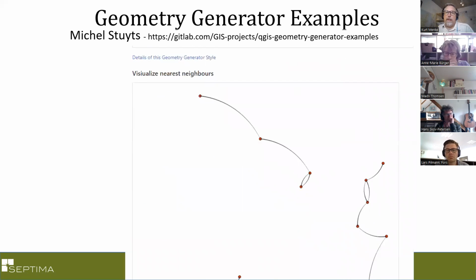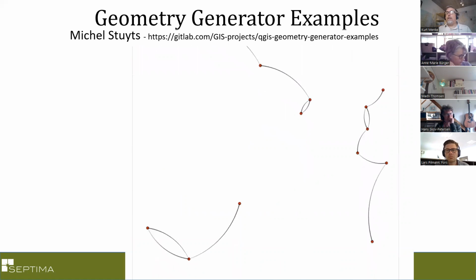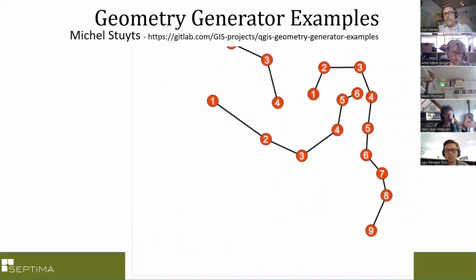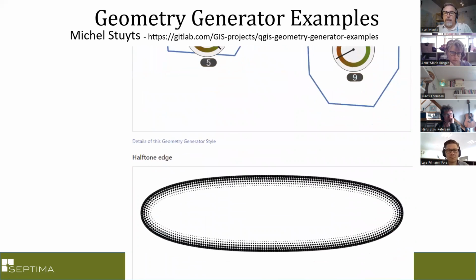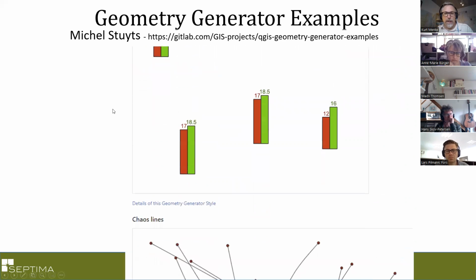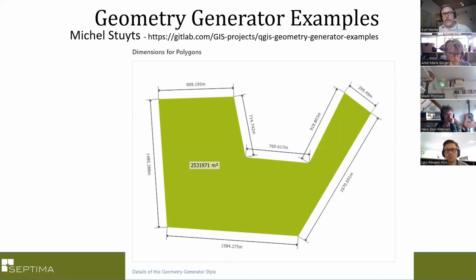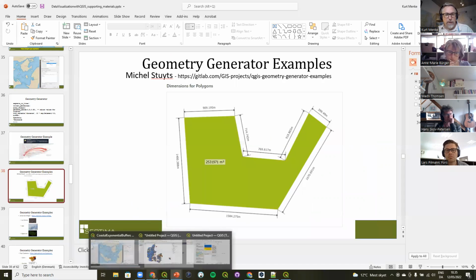And so this web page allows you to download these styles and then pull them into QGIS, and then you could see how that symbol is created, what the expression looks like. And sometimes you have to tweak the expression to account for differences in CRS. But this is a really